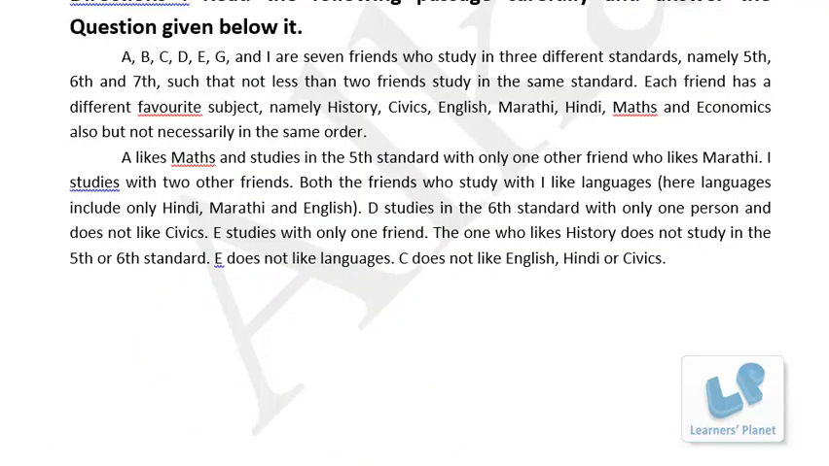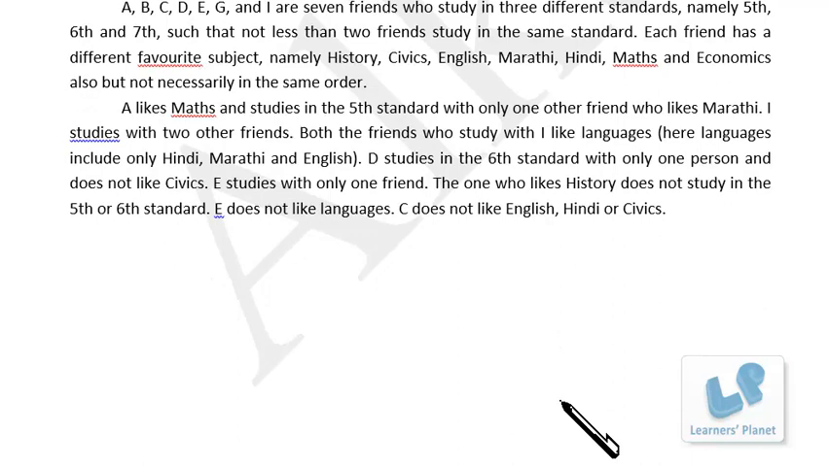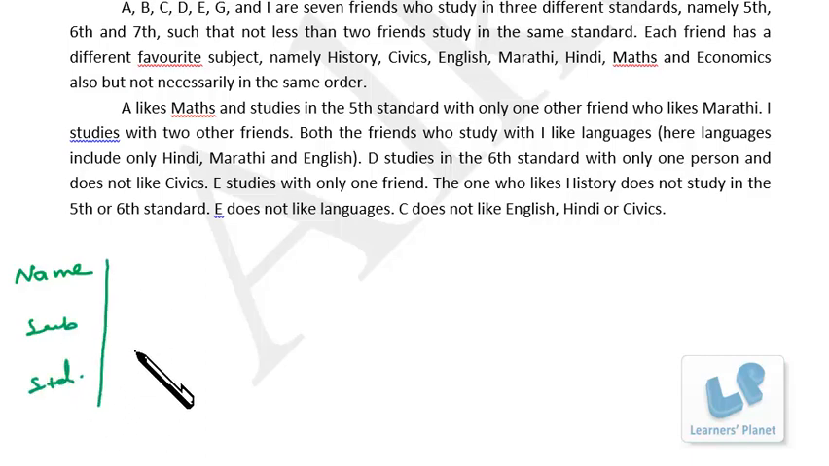A, B, C, D, E, G, and I are 7 friends who study in 3 different standards, 5th, 6th, and 7th, such that not less than 2 friends study in the same standard. So it's a 2, 2, 3 combination. Okay. So each friend has a different subject. So I write name, subject, and standard. Okay. A likes maths and studies